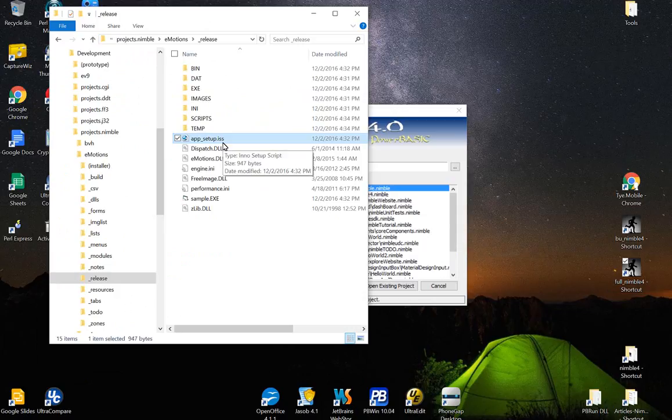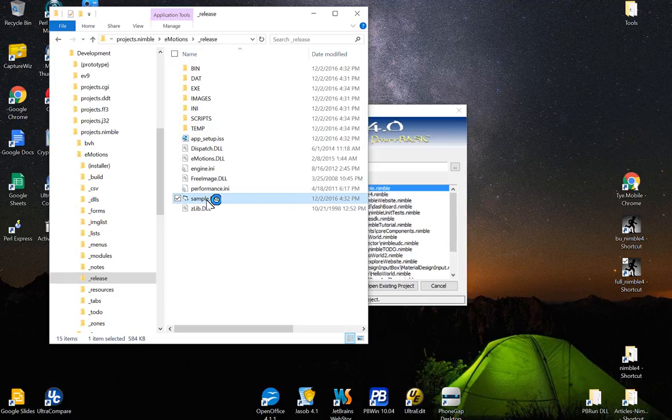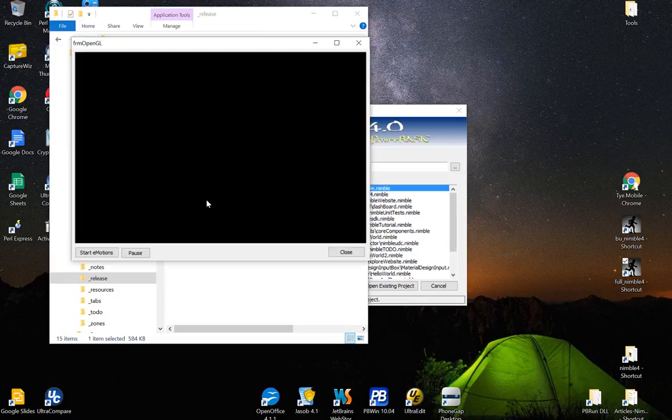So I tried to include those little pieces of helper tools that can help you keep moving faster and be very productive. So let's take a look at the sample application for OpenGL. This is just a default template. It starts with a form with a viewport. When you start Emotions, you'll get